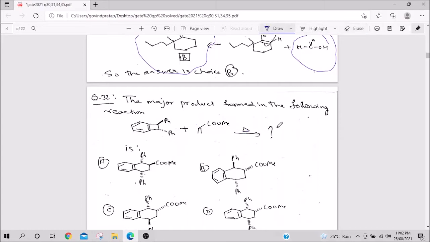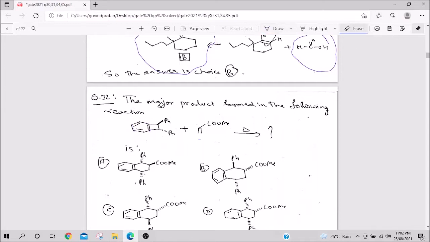In Diels-Alder what happens? There is a diene, and then there is a dienophile. Diene means 2 alkenes and dienophile is basically a simple alkene, because it reacts with a diene it is called a dienophile, phile means loving. But here if you look, this one is the dienophile, but where is the diene? Benzene ring will never lose its aromaticity to undergo this kind of addition reaction. Substitution reaction happens very happily because aromaticity is not lost, but this will not happen.